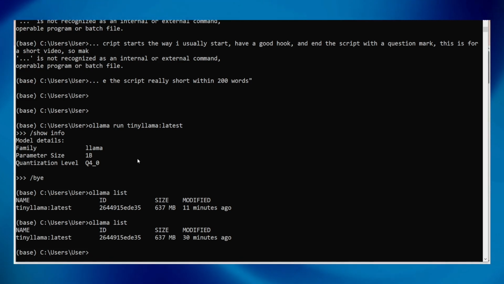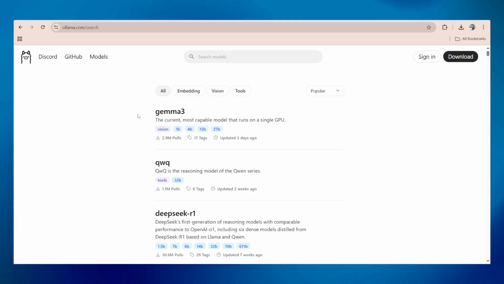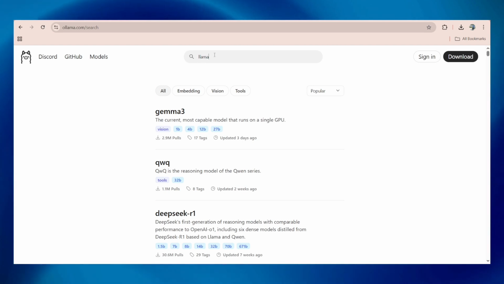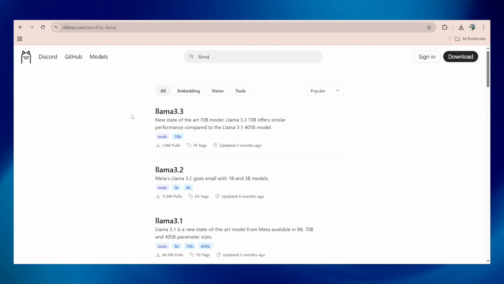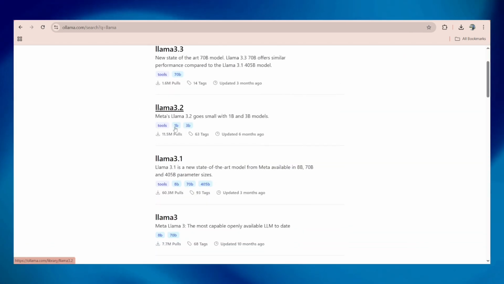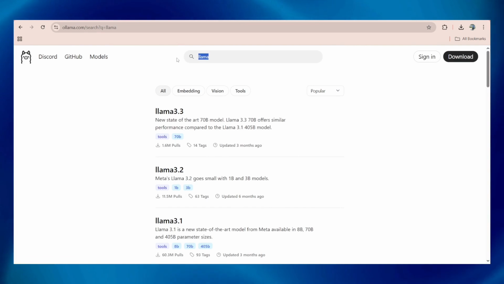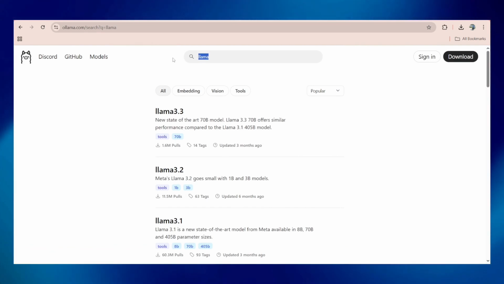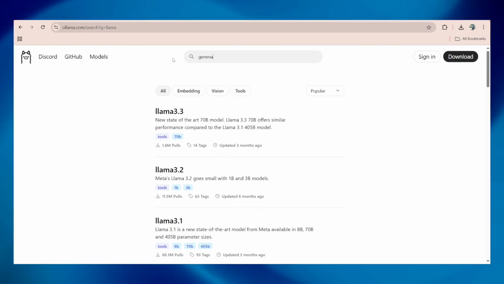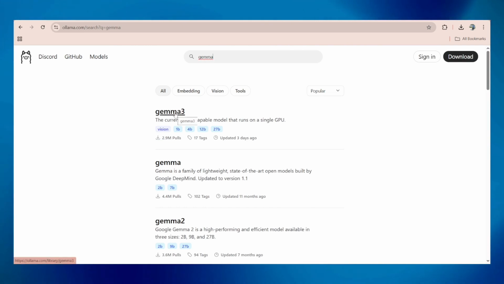We'll try to compare which model is working. So let's say I'm going for a llama. It won't be fair to compare Tiny Llama with a huge model, but still, do we have one? Okay, we have